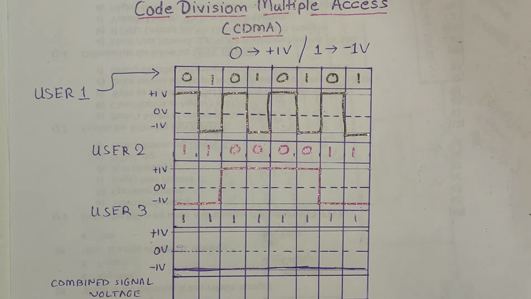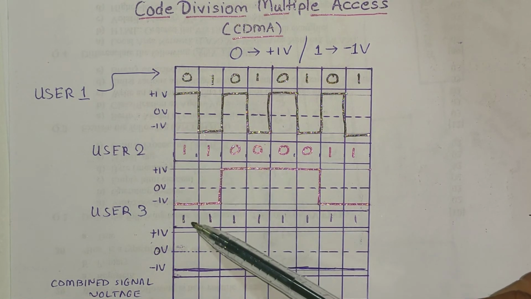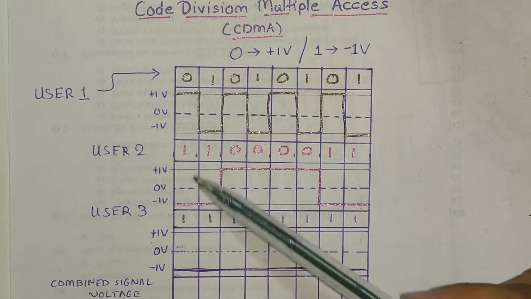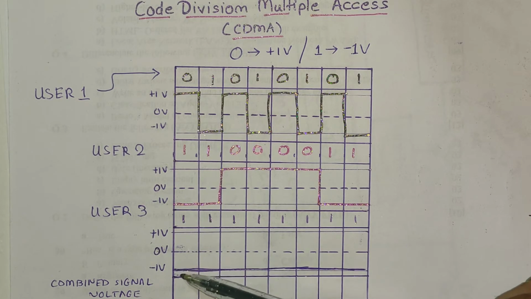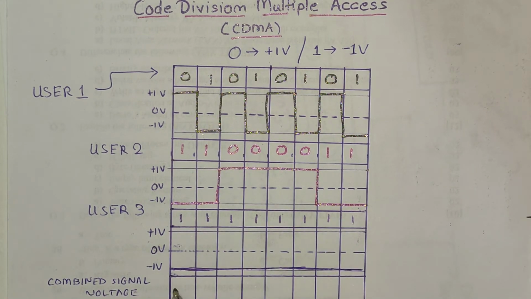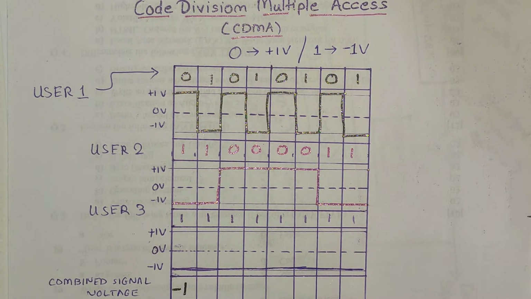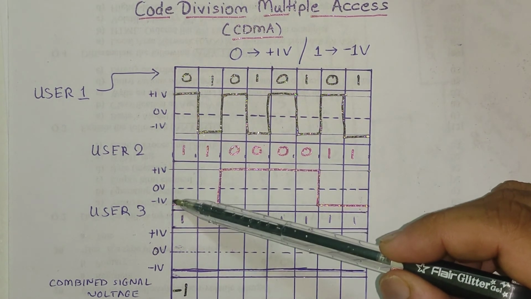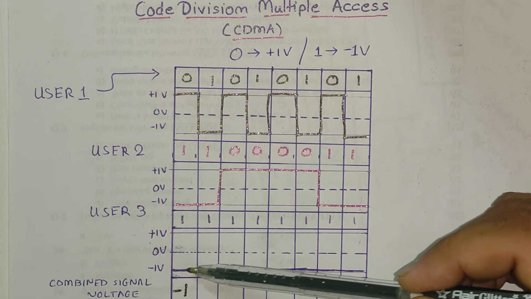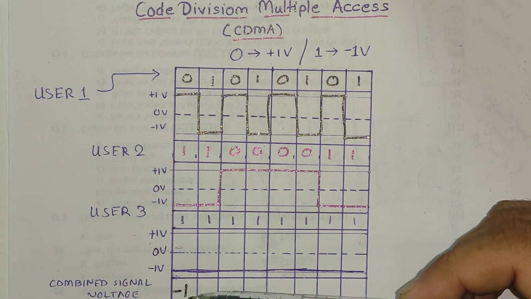Now to combine this, we are just simply going to add them up. So let us add them up, and we are generating the combined signal now. So 0 plus 1 plus 1, that means we are going to create 0, that is plus 1 voltage, minus 1 voltage, minus 1 voltage. So here we will be having a minus 1 voltage. Fine. I think you have understood this. So we are just going to add up all these voltage values. So plus 1 minus 1, that is going to become 0, and then we are having minus 1, so we are going to create minus 1 for that purpose, right?